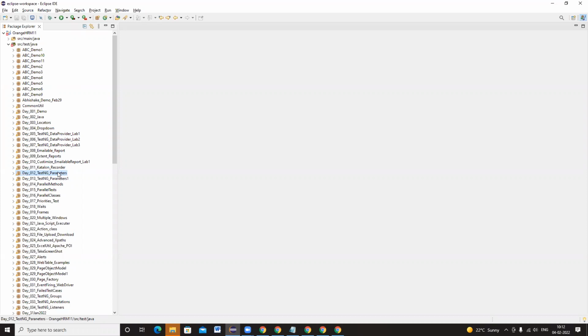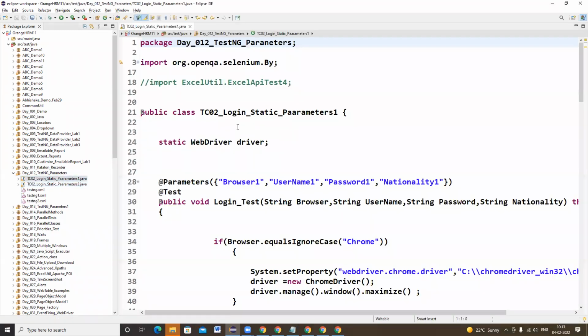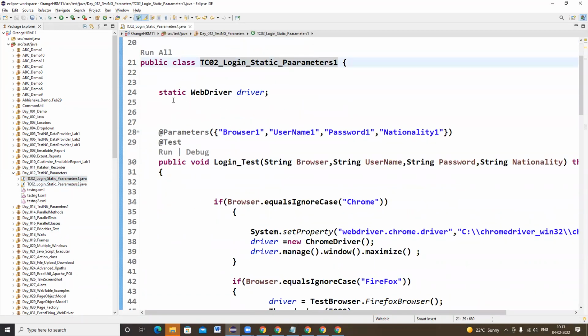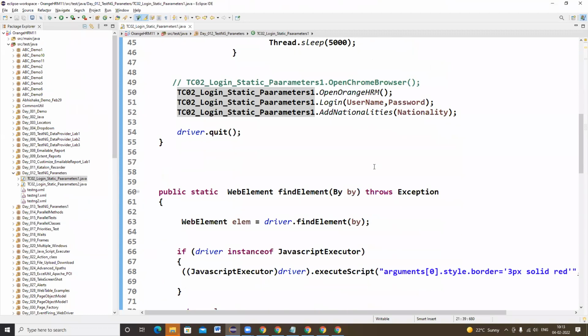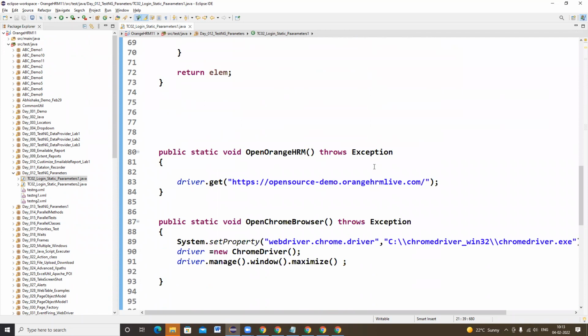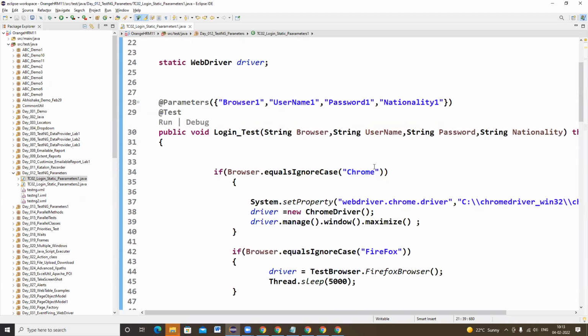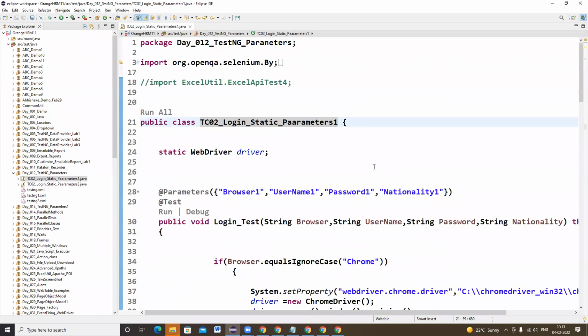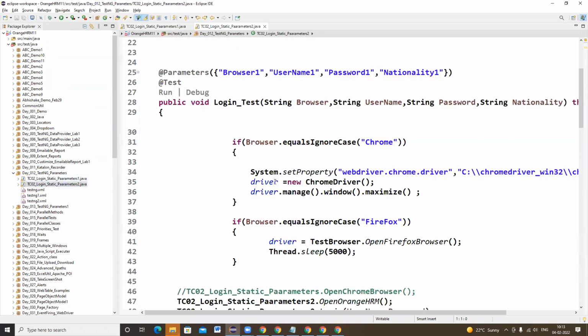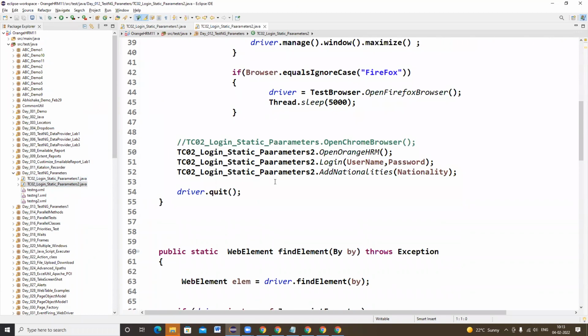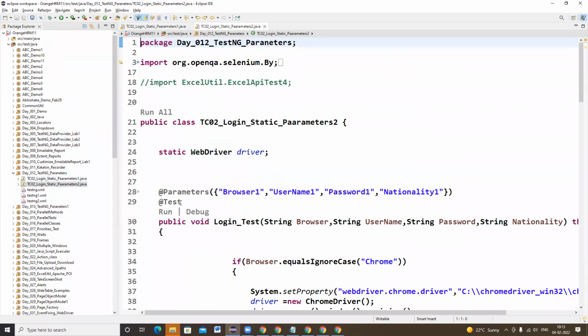Clear? Did you get a clear picture? What are we doing with global variables? We are declaring everything globally, and that is interlinked with the local variables. So we are declaring every single thing globally, which is interlinked with local variables. And once you change the values, did you use data provider in the parameters?